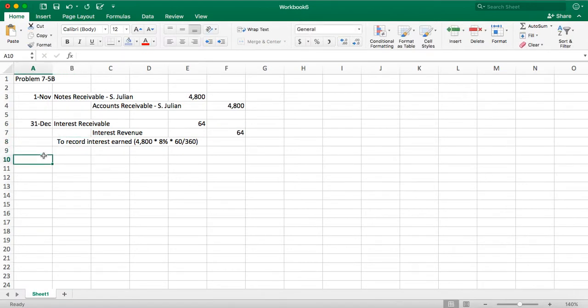Then in the next year, on January 30th, we received Jillian's payment for principal and interest on the note that was dated November 1st. So it was a 3-month note. So on January 30th,